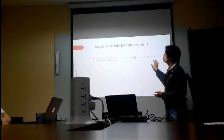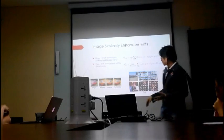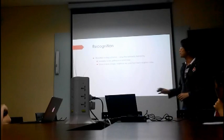So they developed new image similarity metrics. So this is V-warp, and this is V-shift. And the results were actually more convincing. They argue that in their experiments, pixel shift or V-shift actually worked best. So you'll see the experiments in a while, and they're also interesting in their own right. But first off, let's